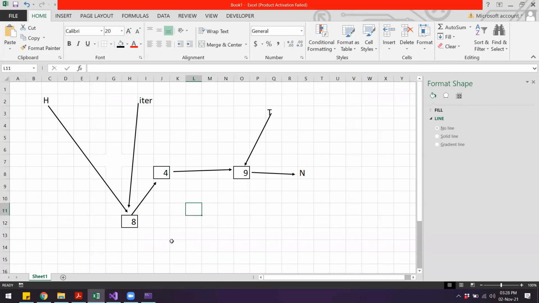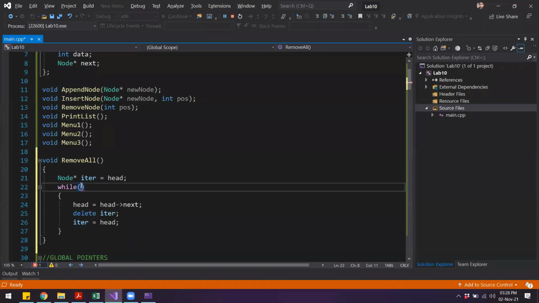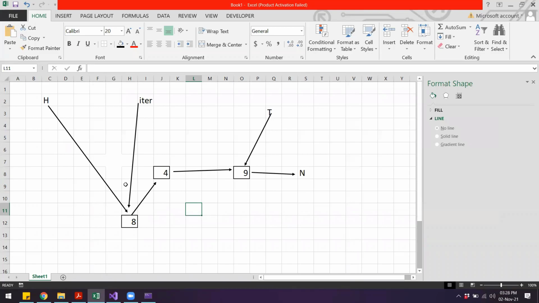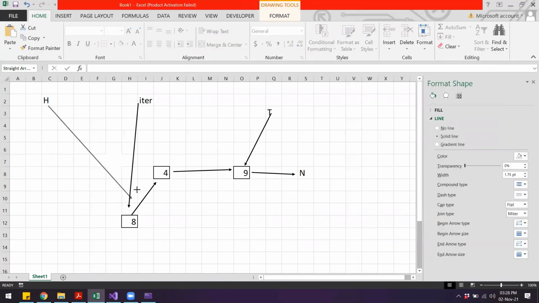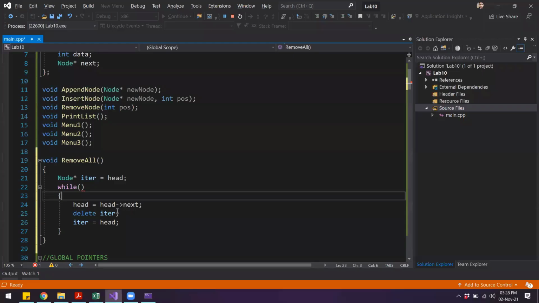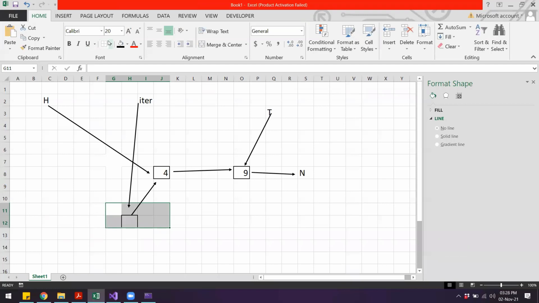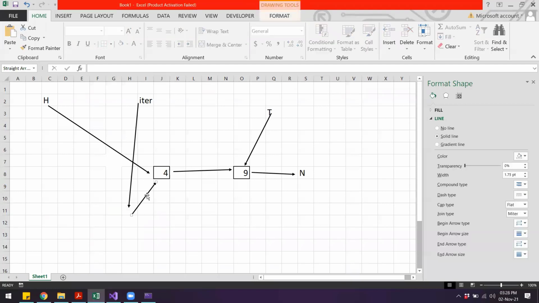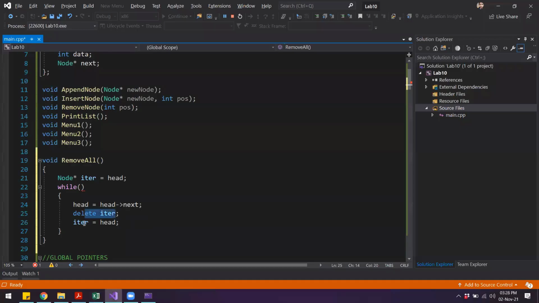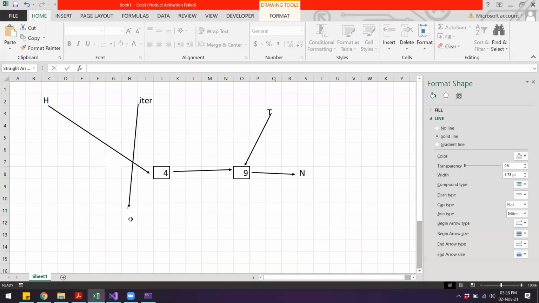So let us go up till the end and see what condition we can get from that code. Once again, I will make the head point to head arrow next. So head points over here. Then we delete the iterator, so we delete this particular node. Then we make the iterator point to head.